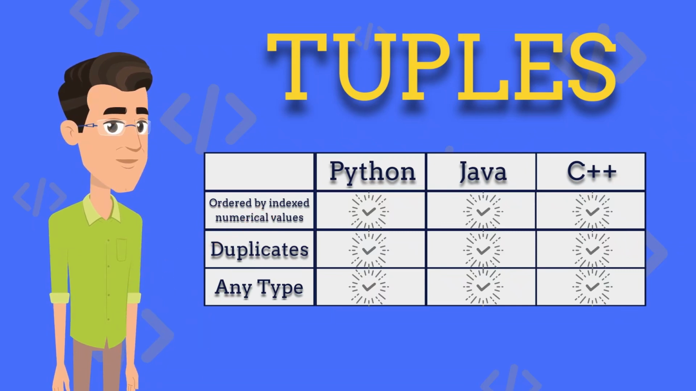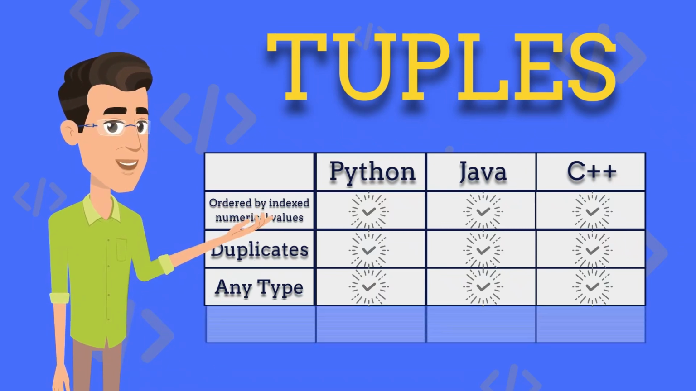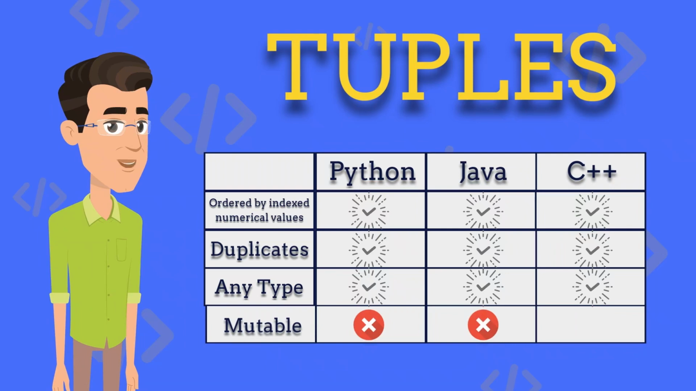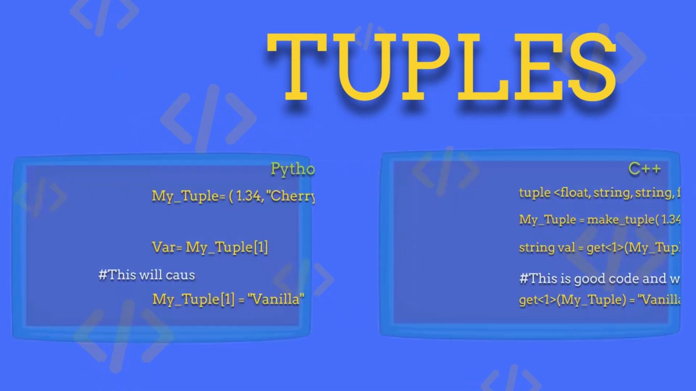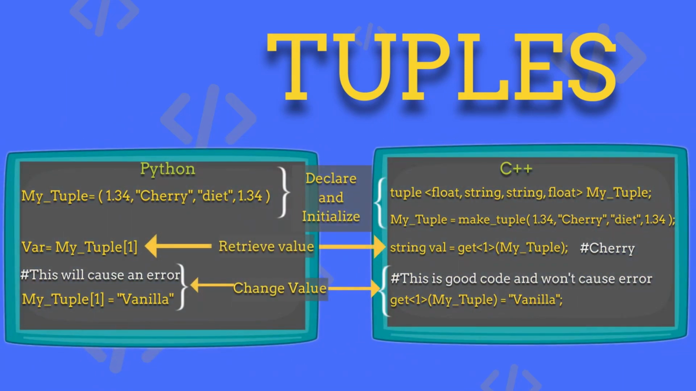Here's when things get complex. In Python and Java, tuples are immutable, meaning that they cannot be changed. But in C++, the values within tuples can be changed, just as you can see in the example on the screen,